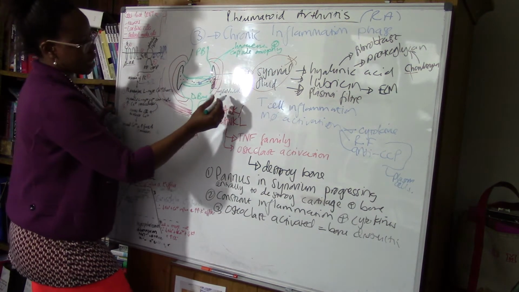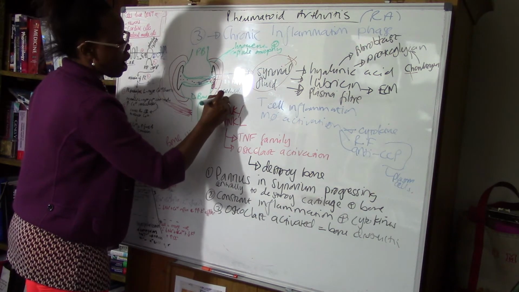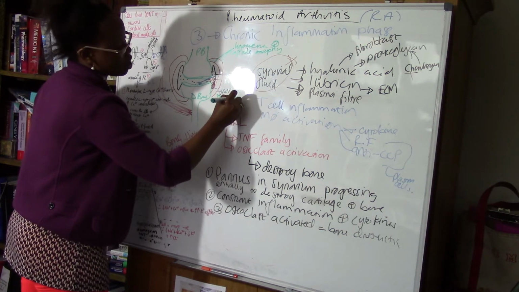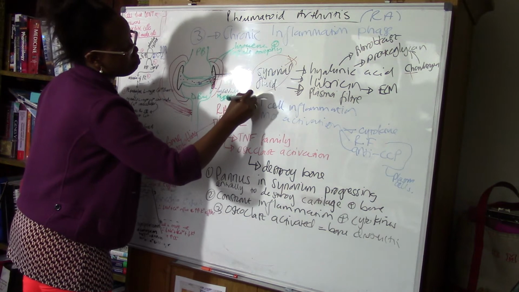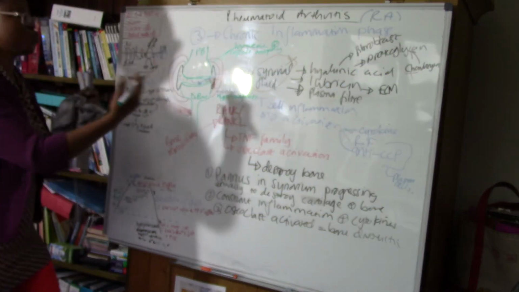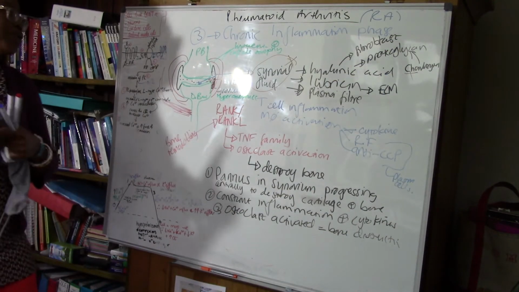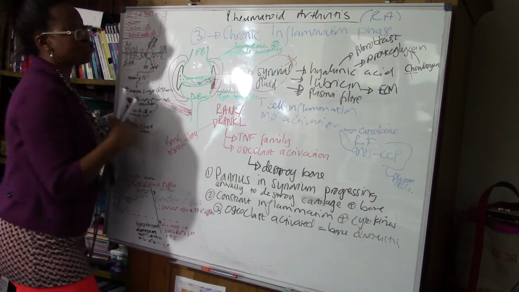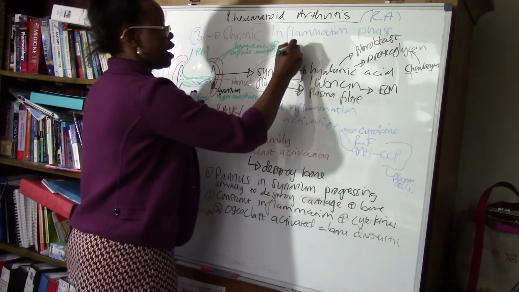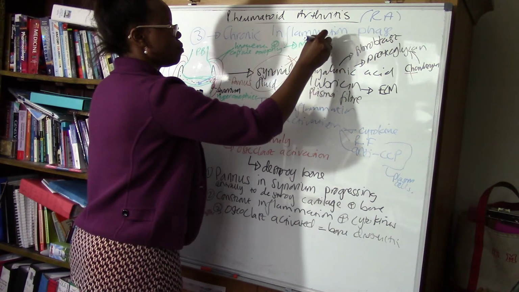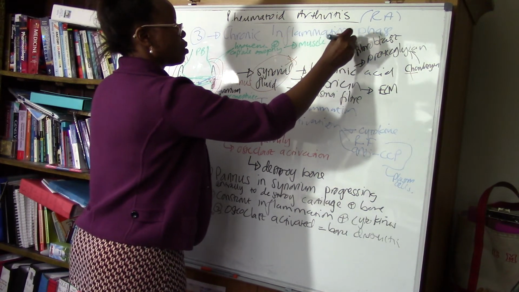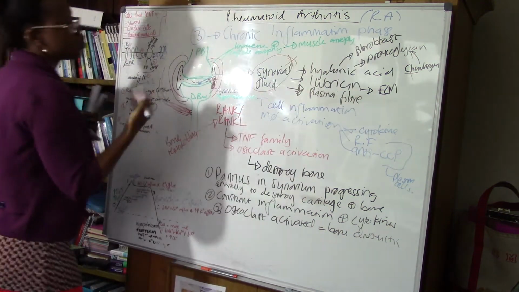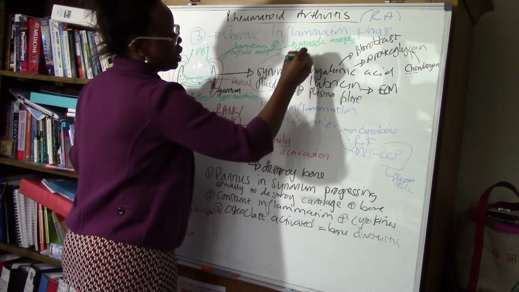Obviously, while the synovium itself hypertrophies and becomes larger, extending into the cartilage and the bone. So once we have the ligament and capsule atrophying, muscle atrophy occurs, leading to subluxation, really,